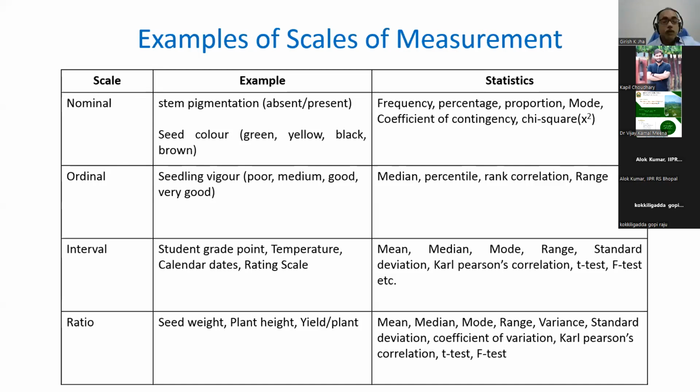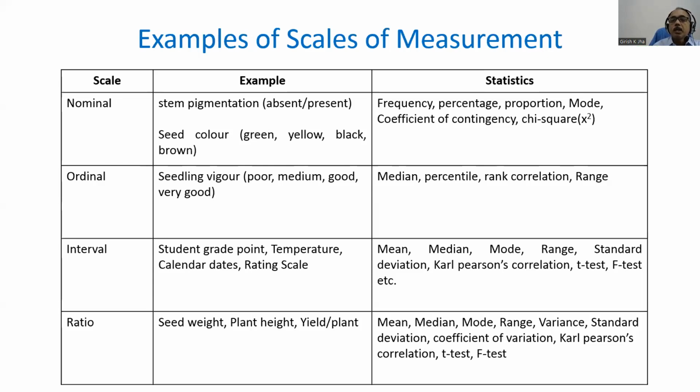Okay, good. So if there is a nominal scale, you can only calculate frequency, calculate percentage, or calculate the mode, or only chi-square. If you have ordinal data, you can go for a median. If you have ratio data, you can do anything and everything, whatever statistics you know, be it descriptives, measures of dispersion, or